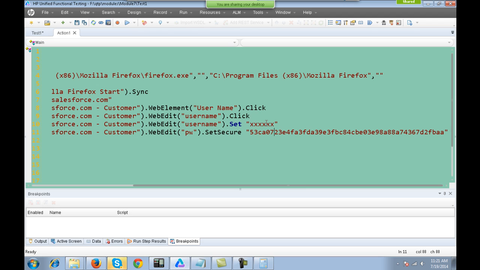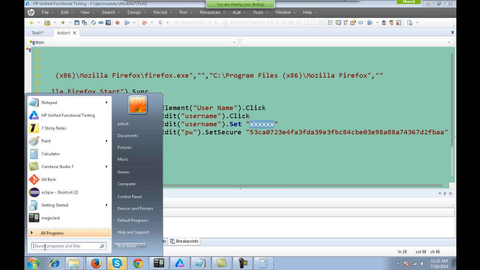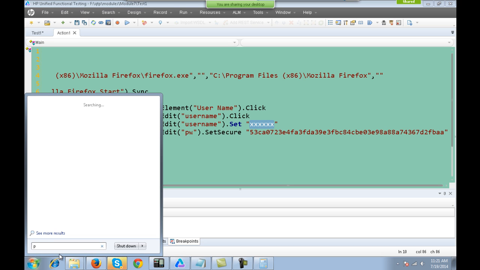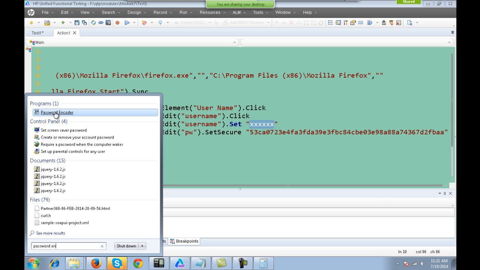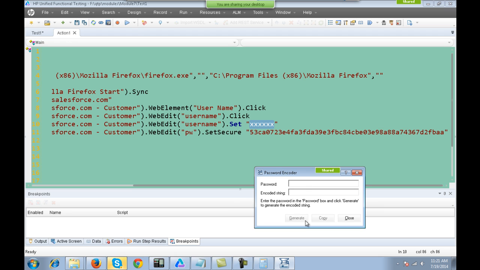Now you can also encode your username. Suppose you want to encode the username, you can do that. You can go to Password Encoder. Password Encoder is installed along with UFT. If you open Password Encoder and put any string over here, if I write hello and click generate, you will have the encoded string generated.